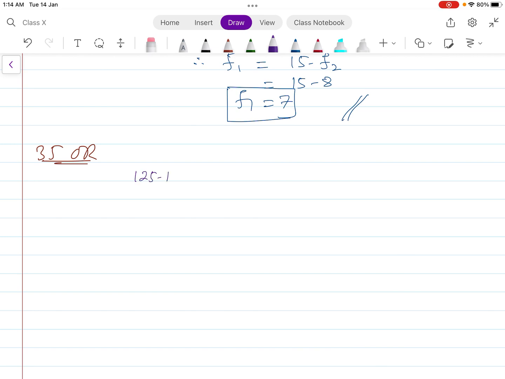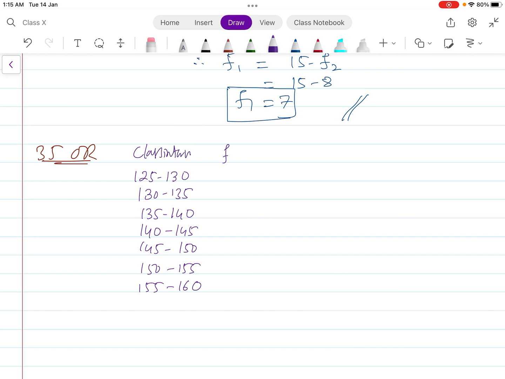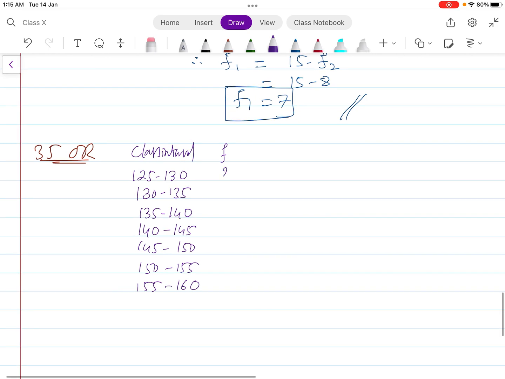So 125 to 130, 130 to 135, 135 to 140, 140 to 145, then 145 to 150, 150 to 155, 155 to 160. Okay, so this was given, and then they have given f. So this was the class interval. So f was given as 2, 4, x, y, 8, 9, 5, and now we have to obtain